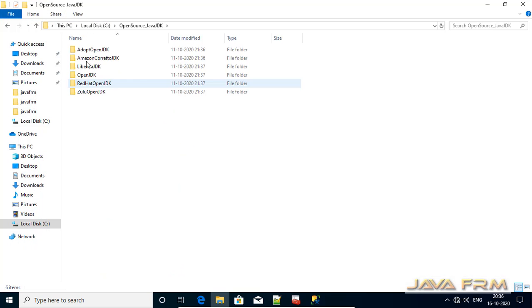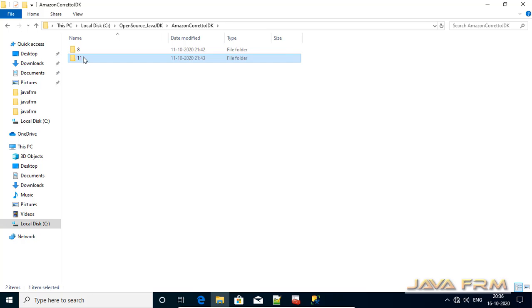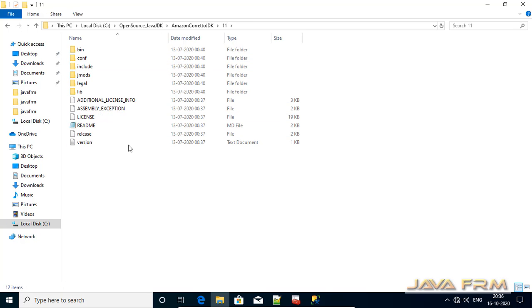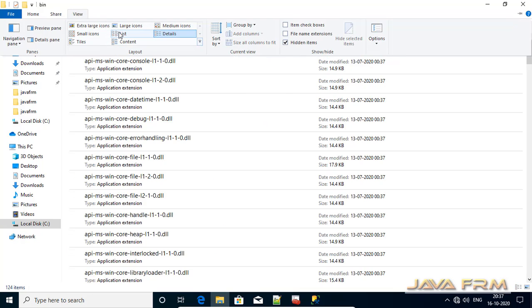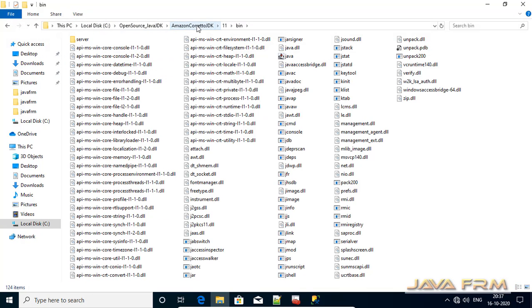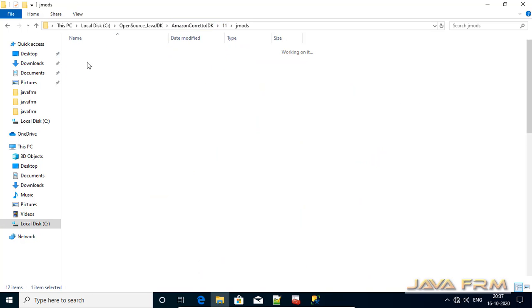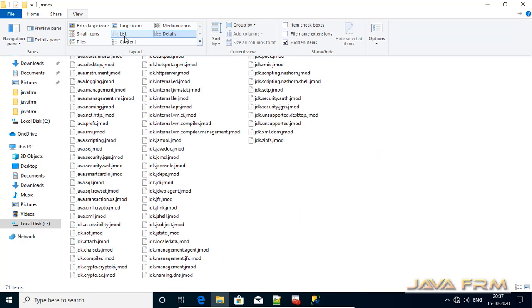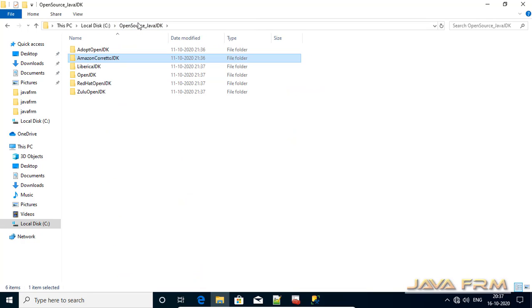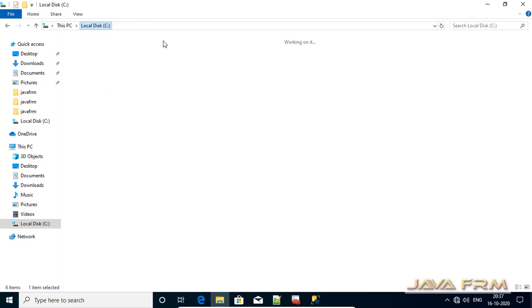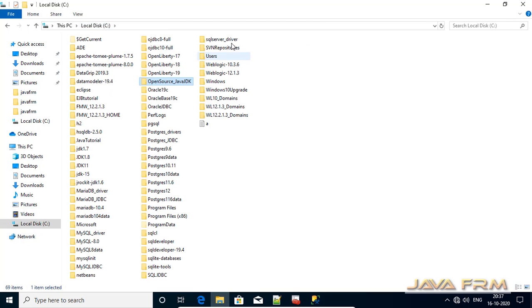And also you can see that I have already installed Amazon Corretto JDK 11. So it's a clone of Open JDK 11 project. Amazon Corretto JDK 11 is a modular JDK and it's free and open source. So make sure that Amazon Corretto JDK 11 is installed. Next,